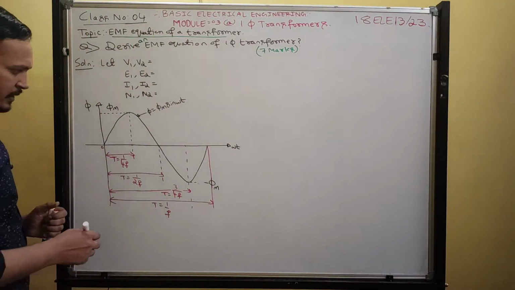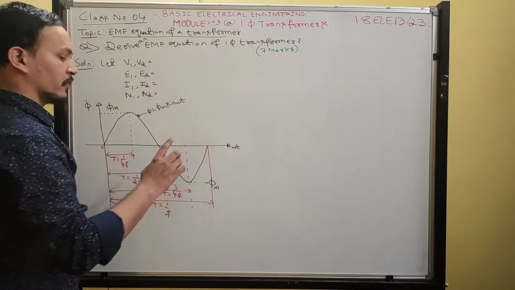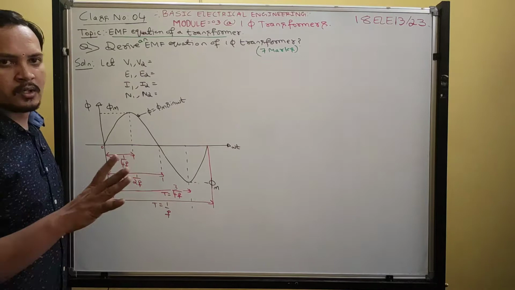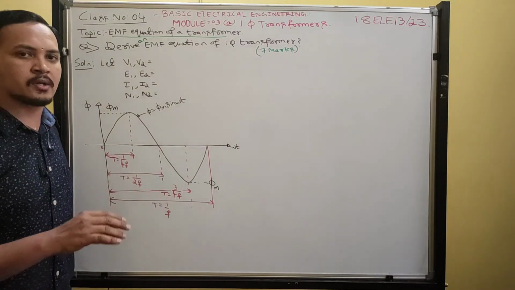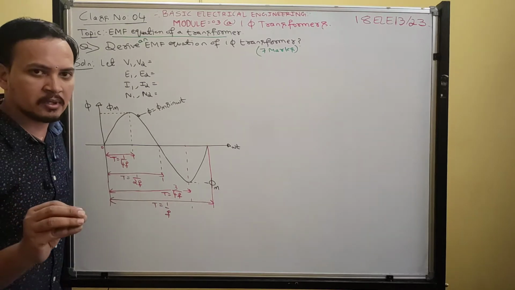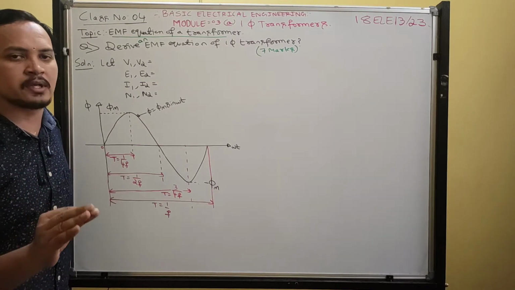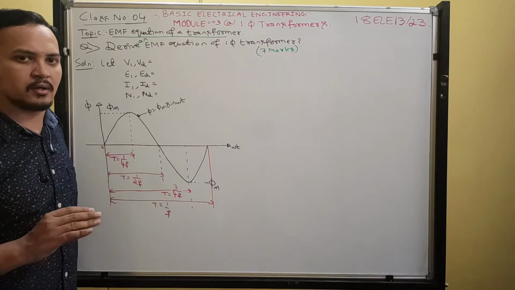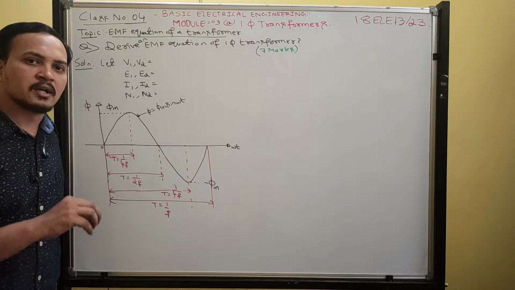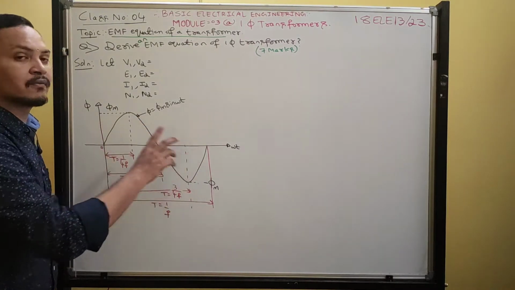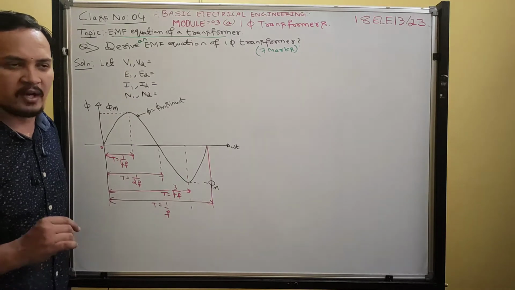Okay, we can start. See, I have written a flux waveform. In a transformer you cannot draw a voltage waveform and current waveform because the voltage and current levels continuously vary. What is constant in a transformer is the flux. Since we are giving AC supply to the windings, it produces alternating flux. It is going to produce an alternating magnetic field.